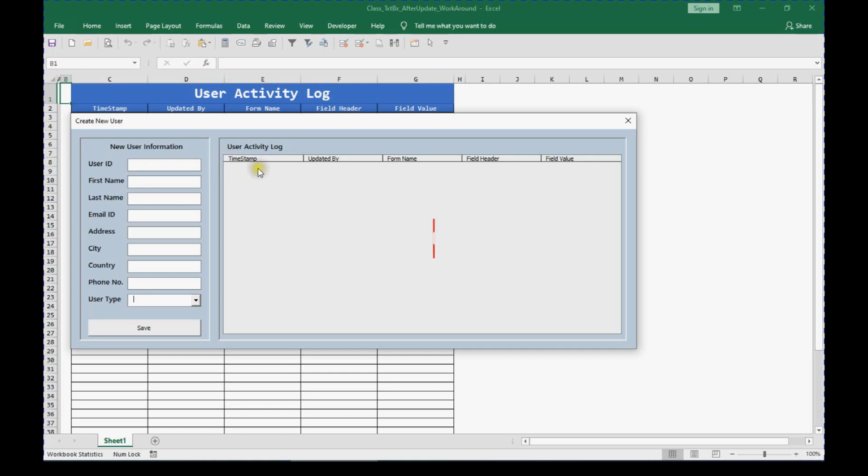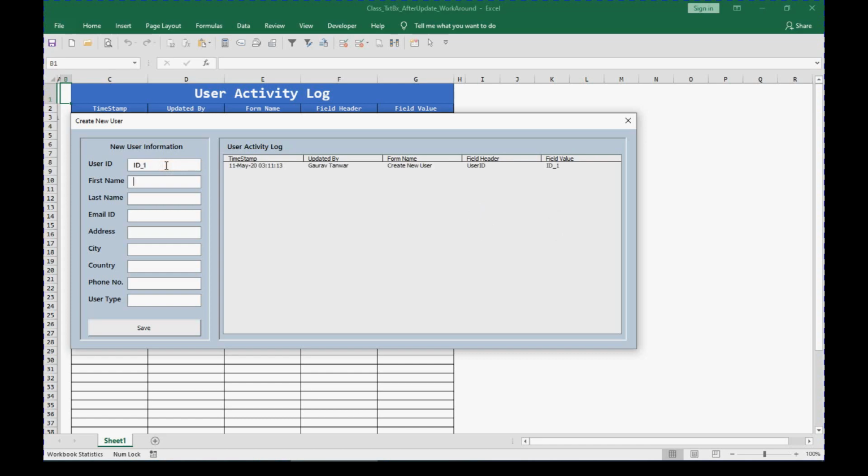We'll capture at what time it is edited, who has edited or made a change, what the form name is (this is the user form name), which field is edited or changed, and what the change made was.